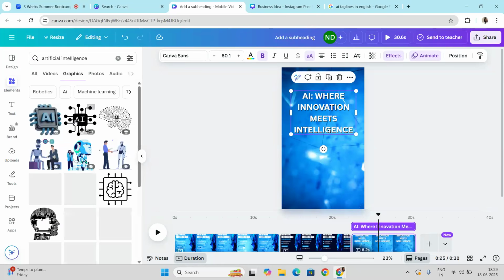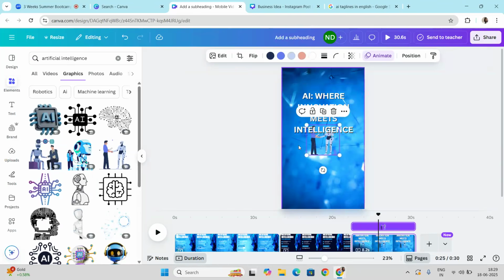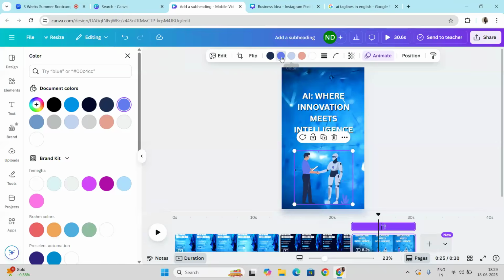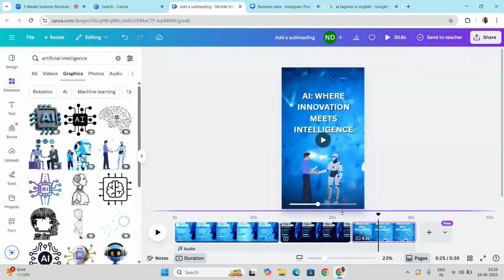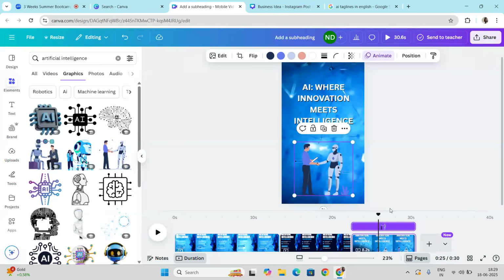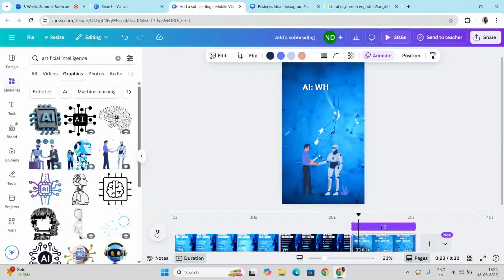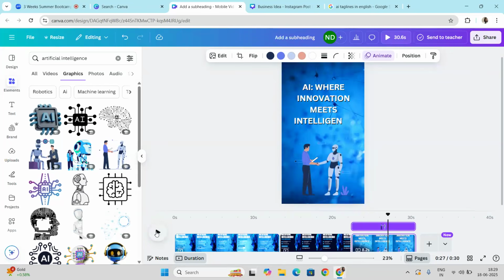From the graphic section I can use anything basically. Like if I want to add this, I can simply keep it in form. This is not visible, so I'm changing the color, and I can even place animation over this particular text as well. So from this third page, I'm just going to play this. Here you can see it. Till now, is it clear?